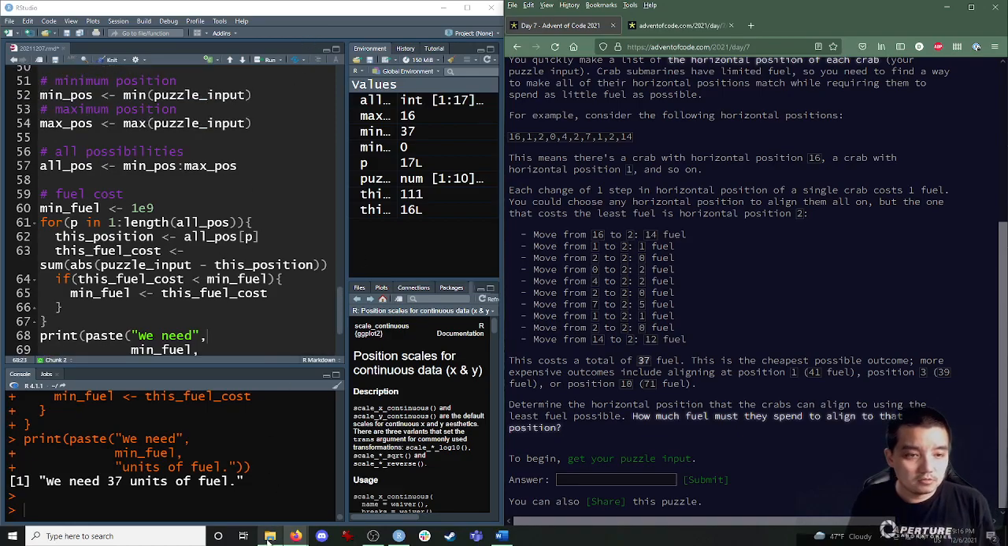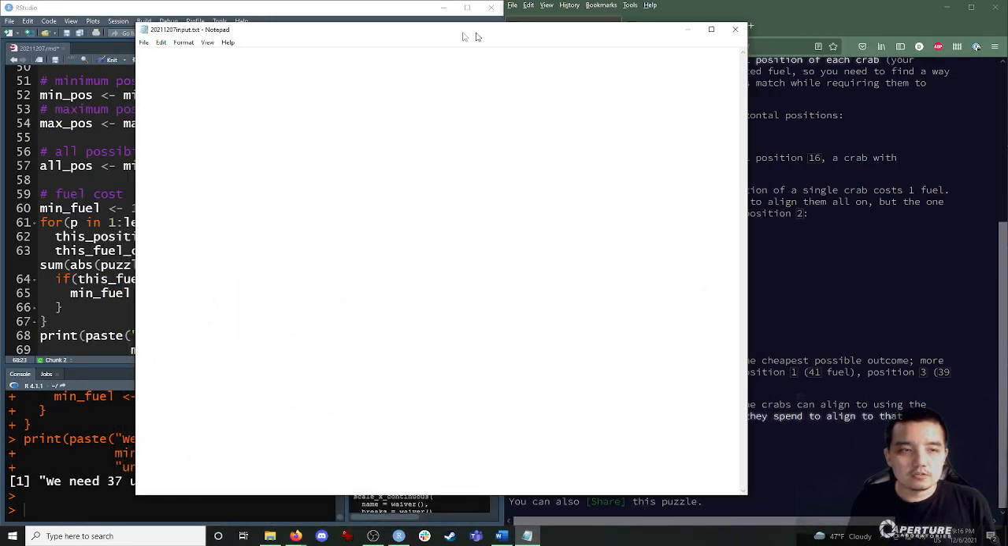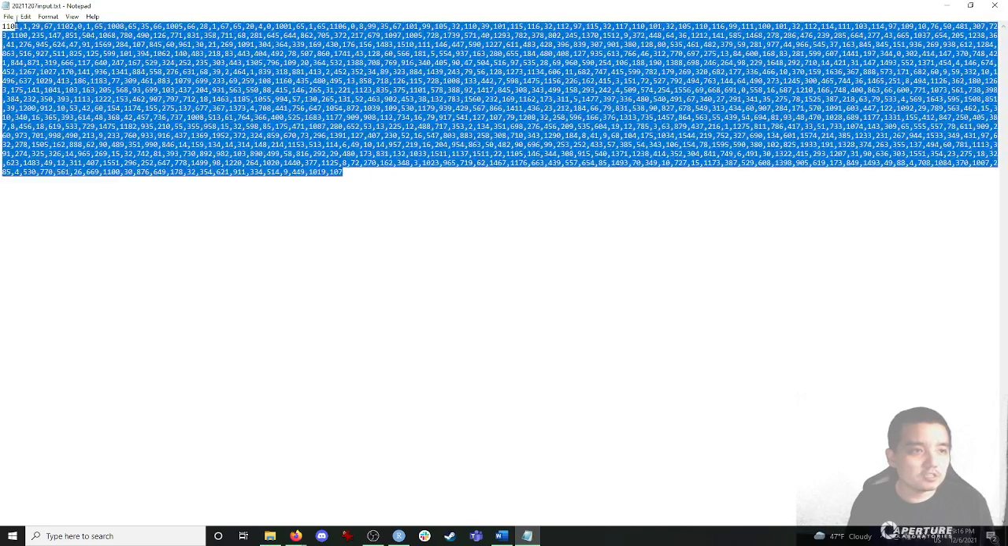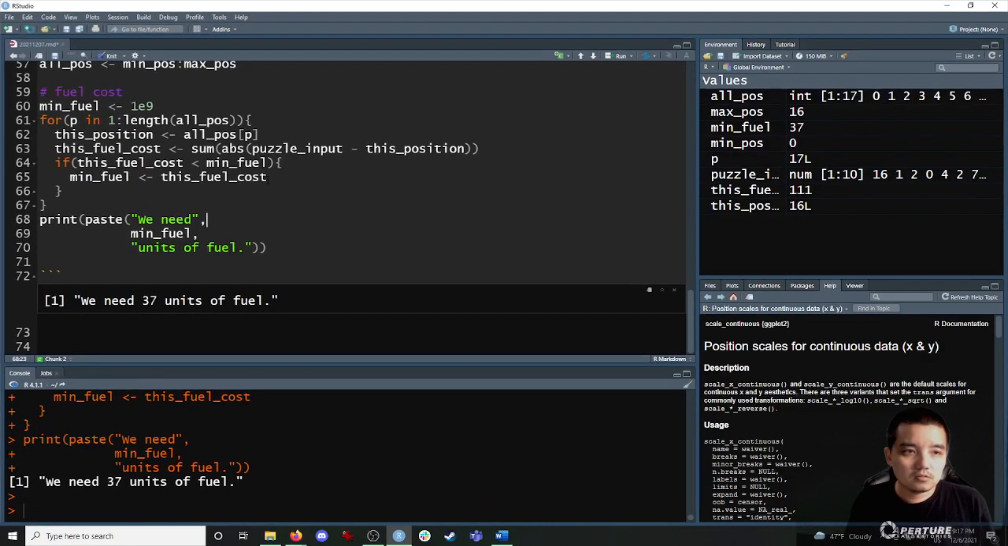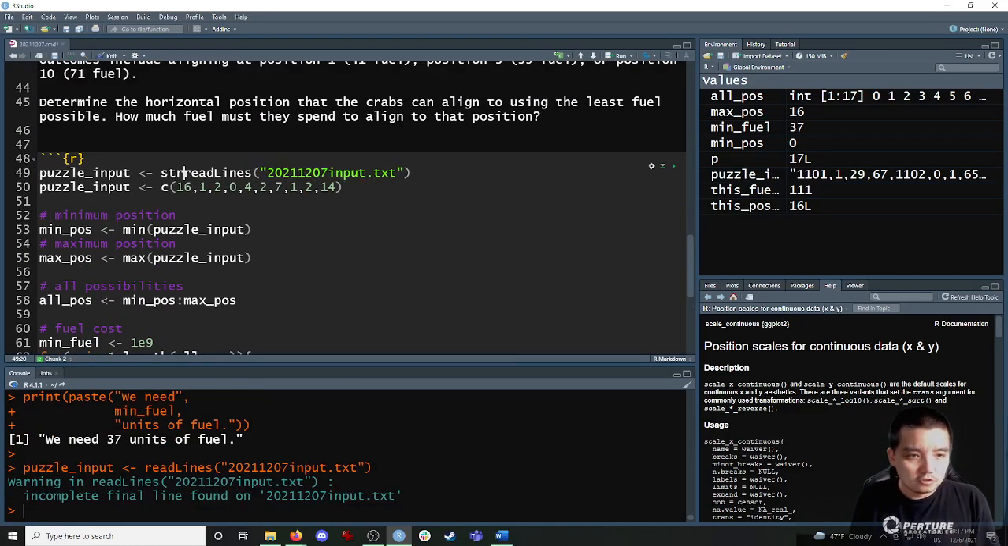So now I need to run this on the big puzzle input. And for some reason, RStudio wasn't letting me hard code that or type that in directly. So I'm going to copy and paste this information into a text document. So puzzle input should be where we could read the lines of that file, and I'm going to string split that where there was a comma,